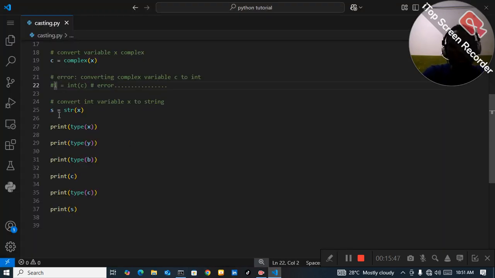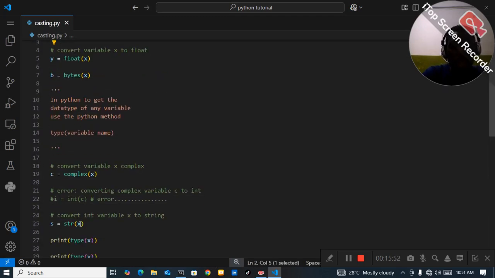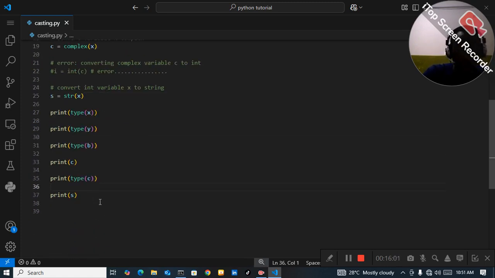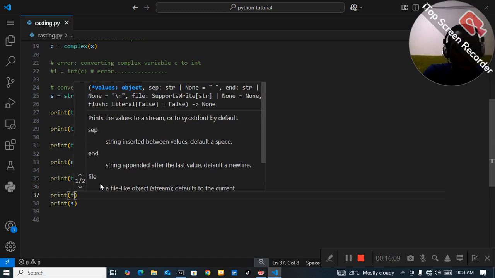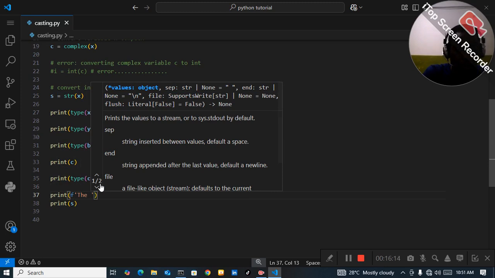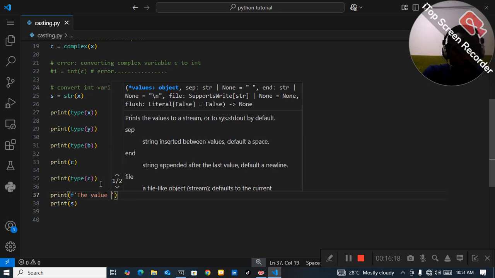You see, now we've converted this integer to string down here. So how can we know it is a string? How can we know it's a number, it's a digit? Because if you print X down here, when you print X, I think I need to print it in a variable. Let me format the string. The value of,